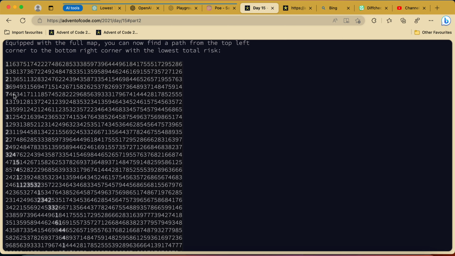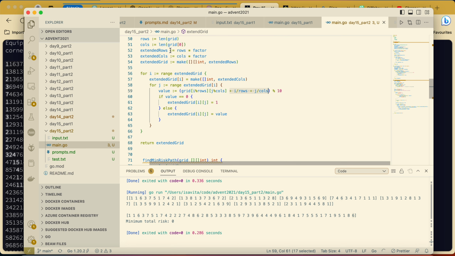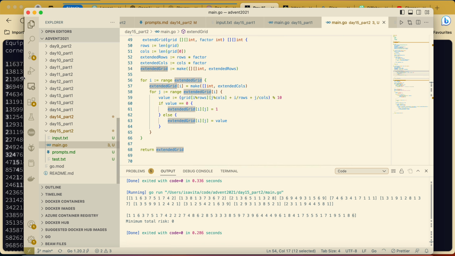Okay, that's counting where I'm here and here, but for me it will be much easier to simply get this extended rows